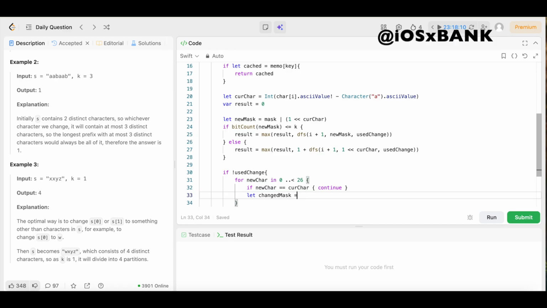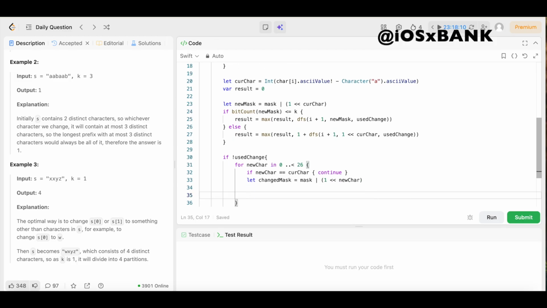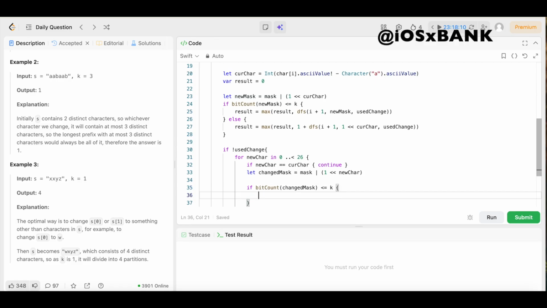Boom. Then we're going to come underneath that and we are going to say let changeMask equal mask bitwise OR, so one vertical line, open up the parentheses, we're going to say 1 << newChar. Boom. Then we're going to come underneath that and we're going to say if bitCount(changedMask), boom, is less than or equal to k, we're going to open up the brackets, and if changing the character still fits in the current partition,